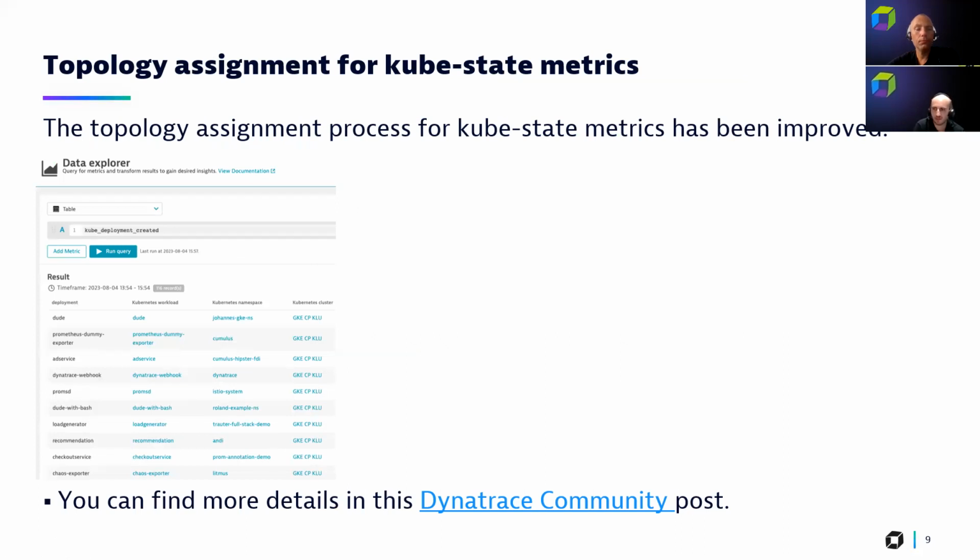There's an important improvement we have on the Kubernetes side. We added a topology assignment process for Kube-state metrics, which come from the Prometheus integration. This is important because previously we were focusing on the dimension values rather than the reference Prometheus exporter pod, but now it will be much more correlated with your entities themselves. This way, you can think of a separate metric as a complete part of your whole environment